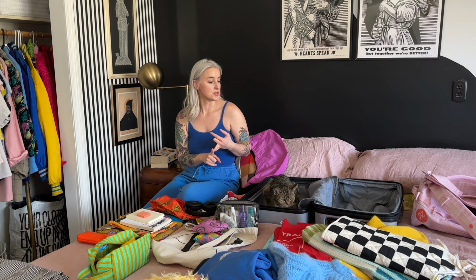So that is the extent of what I'm bringing. It looks like a lot on the bed right now, but I think I can get it easily in this suitcase. The only decisions I have left to make are what I'm gonna wear on the plane, if I'm going to take other coats